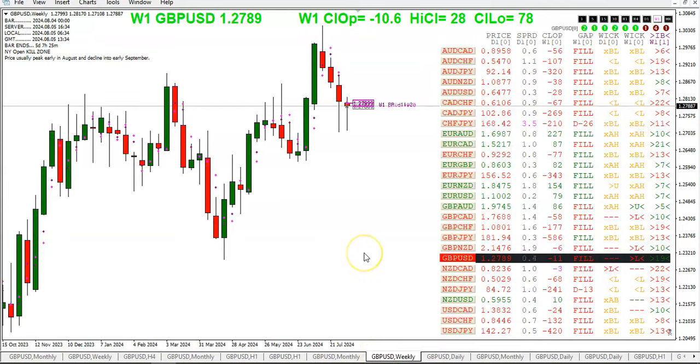So let's take a quick look at the weekly chart. As you can see, we have a couple of pairs where the gap didn't fill, and they're both yen pairs, the Swissy yen and the New Zealand yen. And if you look at the close open from the weekly open, the distance,